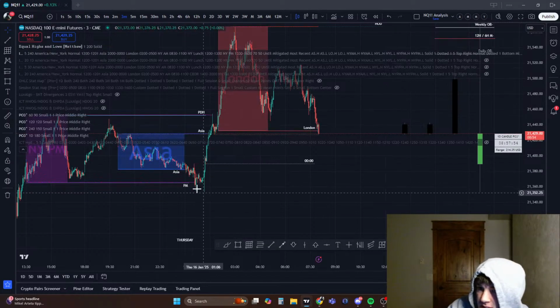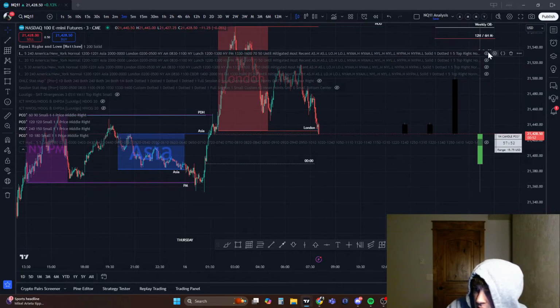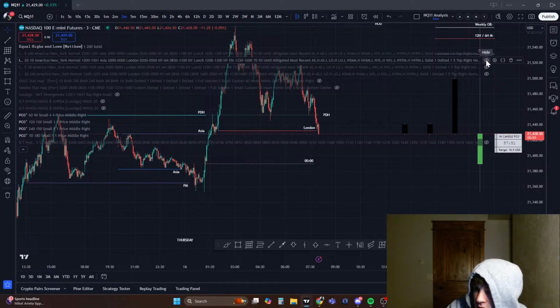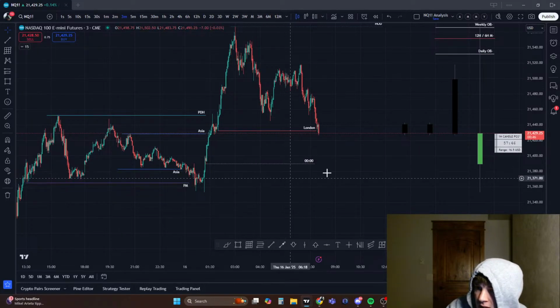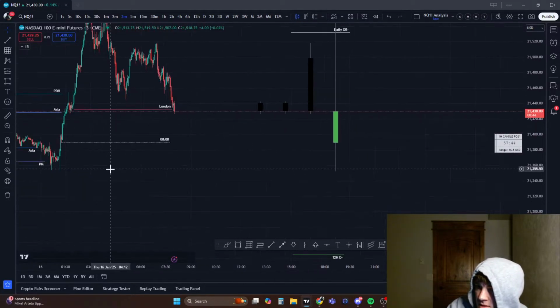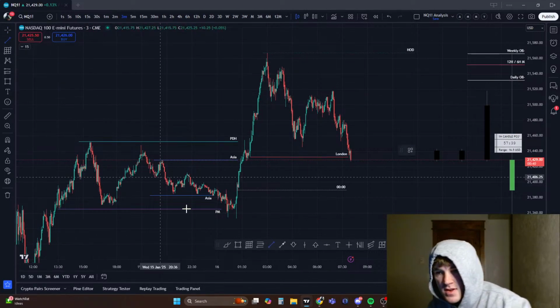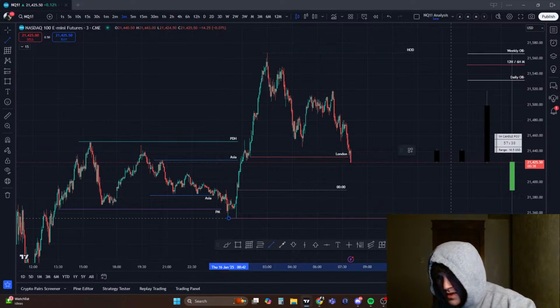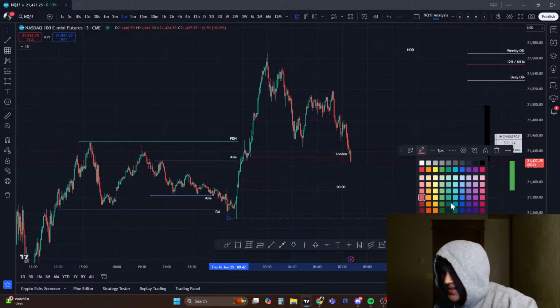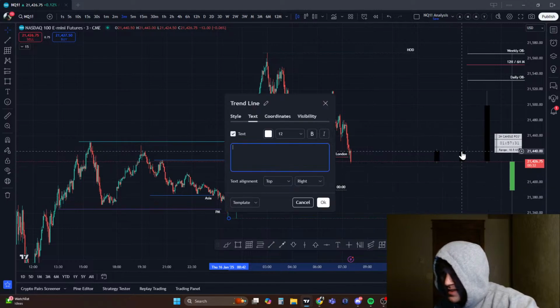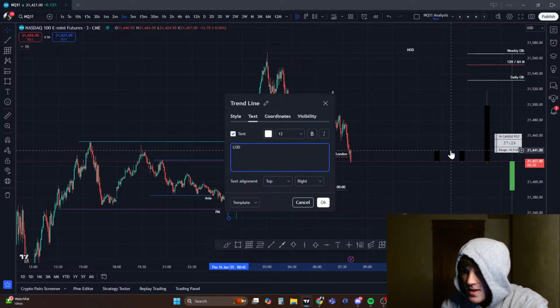What is this? Is this low significant? Actually, I'm not necessarily leaning bullish. Still figuring this out. Okay, this is low of day. Yeah, I take it back. I'm not necessarily. Take what I say with a grain of salt. I'm still trying to get better, but low of day.